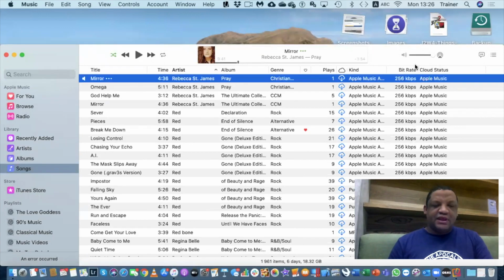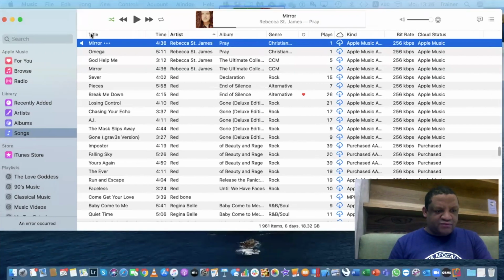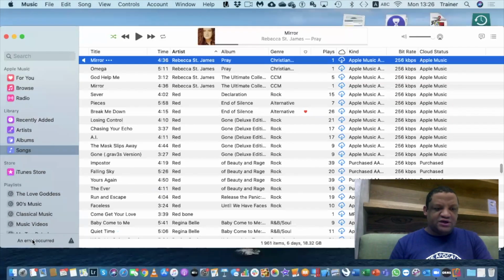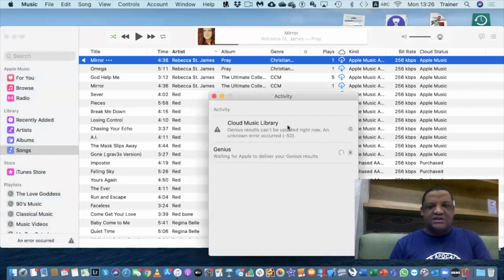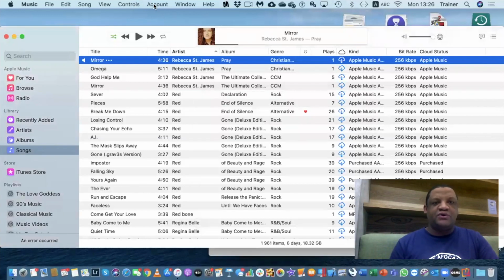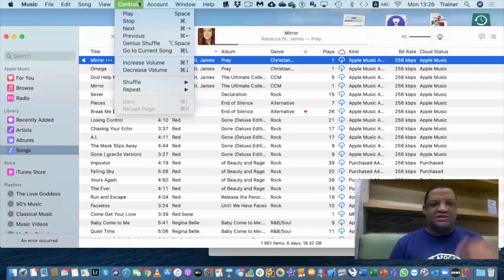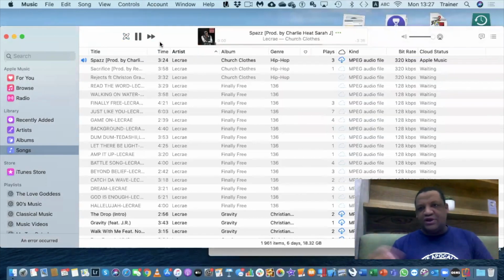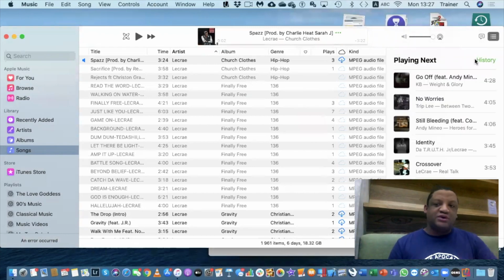Okay. Now, seeing that I think it's finished now, let's quickly go back into it. It's still busy. But guys, what I wanted to show you was the Genius feature where, of course, if it's finished, mine is still busy, then I can go to Genius Shuffle. Oh, it's doing it. And here I can shuffle it according to a certain song, and it will show me what is playing next within that Genius Shuffle. And if I switch to my mini player, that is also accessible straight from there as well.